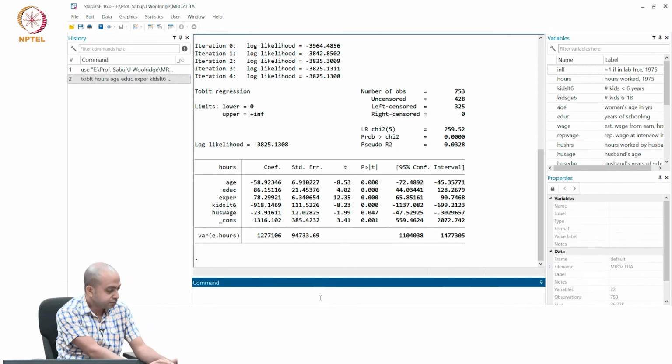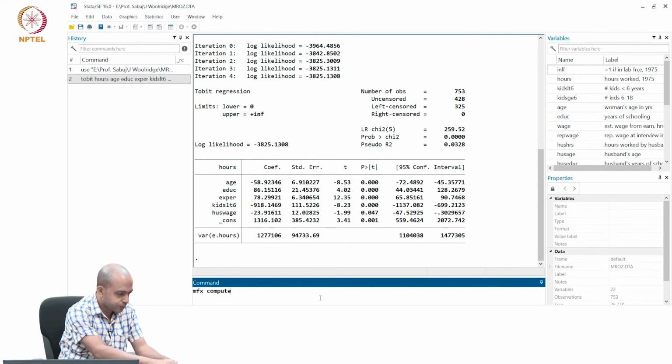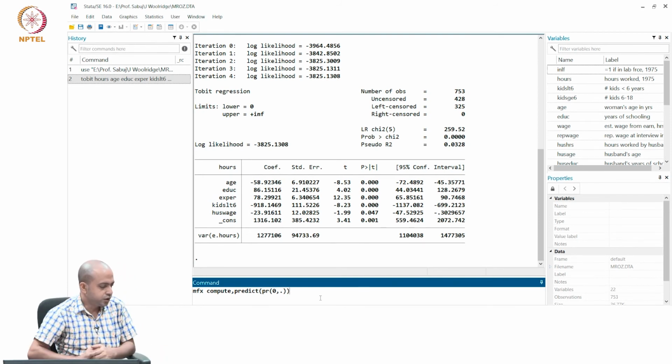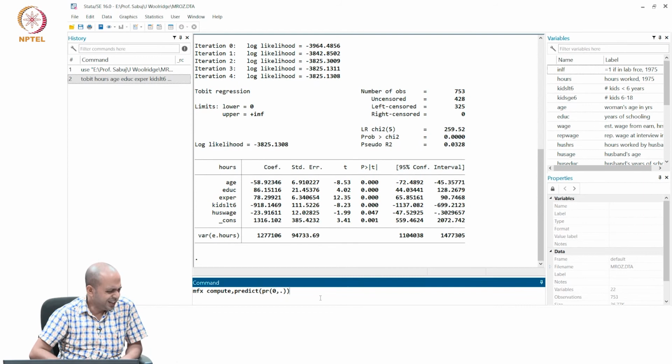The command is this: mfx compute, predict, PR. The command is a little complicated, but if you understand the logic, mfx compute,